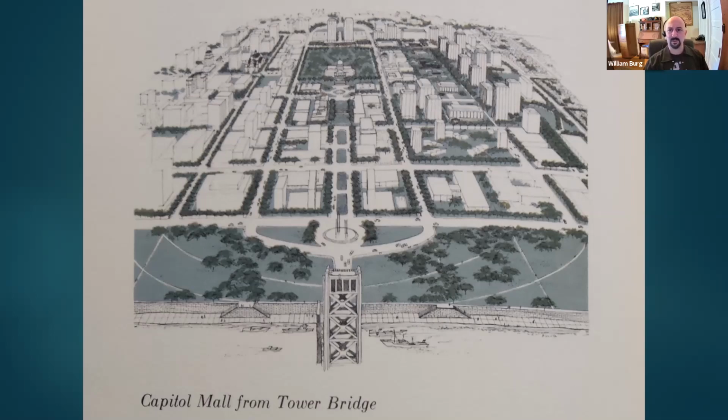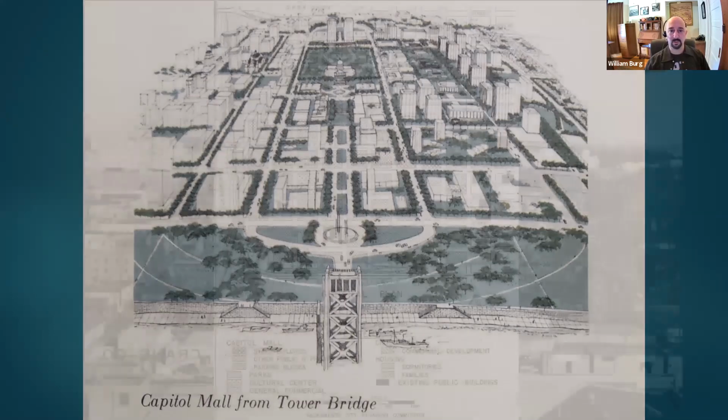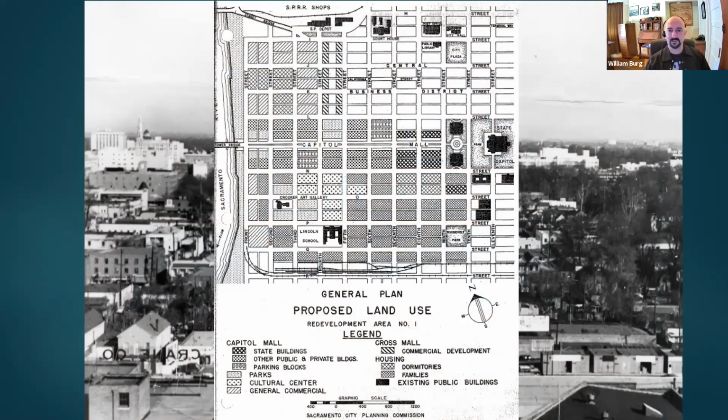But the problem is nobody wanted to do it, because if you kept the population there that was causing the redlining, the communities of color, then the neighborhoods would still be redlined and you couldn't get loans. So that changed in 1954 when a new set of rules came in for redevelopment, what was called the businessmen's redevelopment, where you didn't need to keep the population there. And Sacramento became one of the first places where this was done.